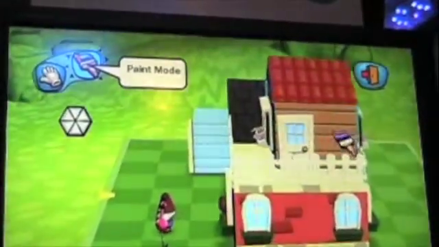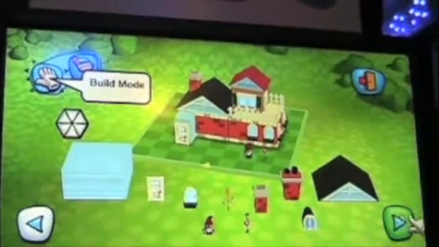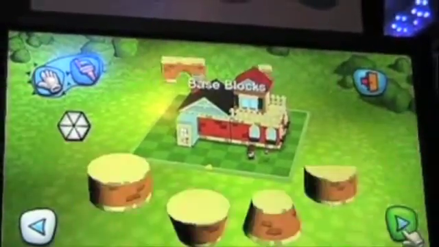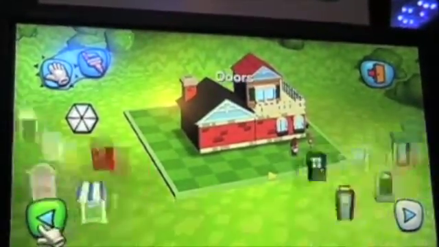But you have a lot of creative control because as you play through the game, you unlock more and more building blocks. So if I decided that, say, I wanted to have a rounded front on my house,